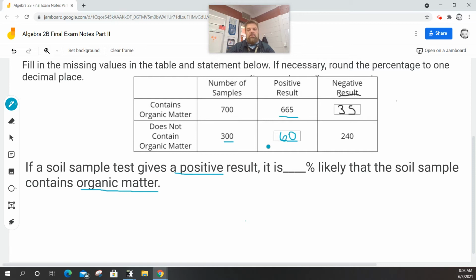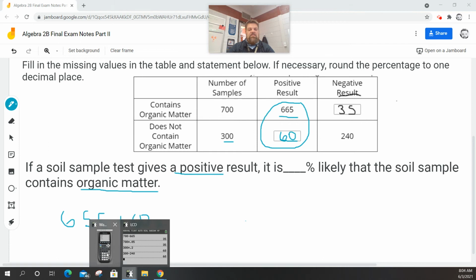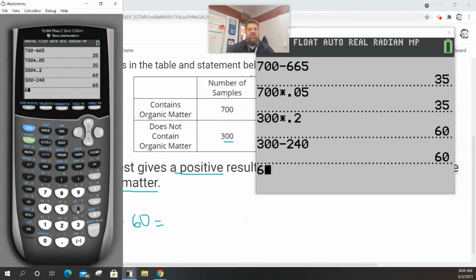Now this one's a little trickier. So let's reread the question. It says, if the soil sample gives a positive result, it is blank percent likely that the soil contains organic matter. So what we've got to do is look at all the positive results, right? So how many positive results did we have? 655 plus 60. Now I think that's 715, right? So let's do a little math on the calculator. If I say 655 plus 60,